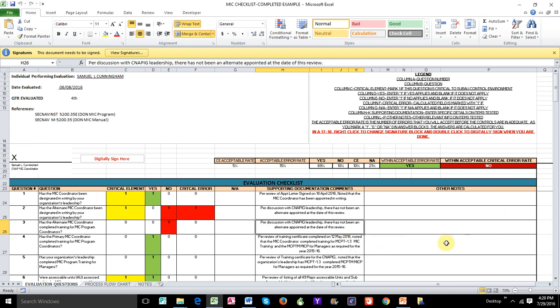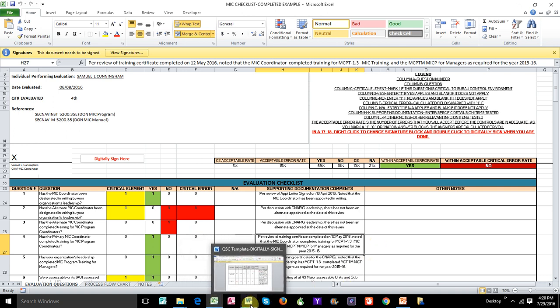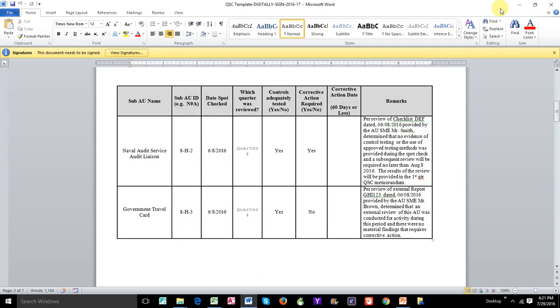And what I will be looking for is that when you, as a MIC coordinator, have said that you've reviewed this and that the controls are in place, I'll be asking for a sample of some checklists to do the same type of review. So that's what we're looking for on the checklist. That's what we're looking for as the coordinator. Also, as the coordinator,